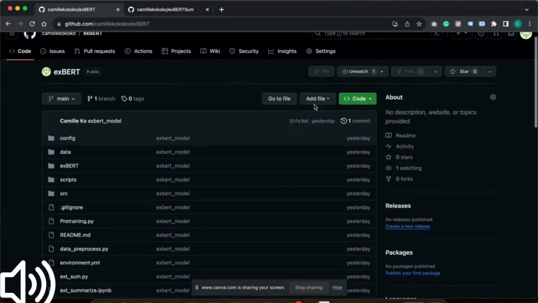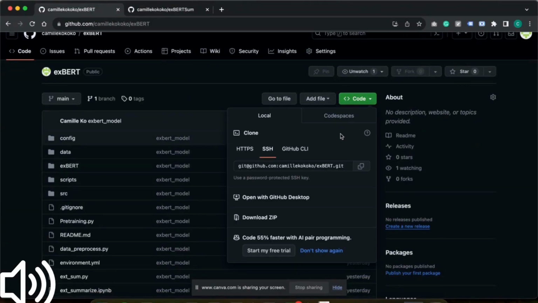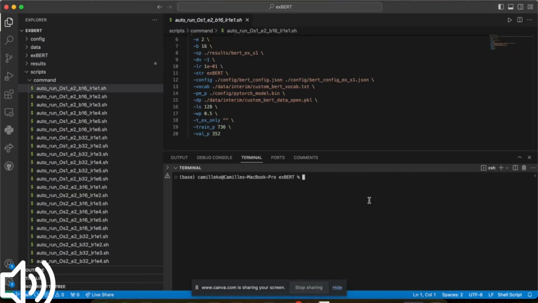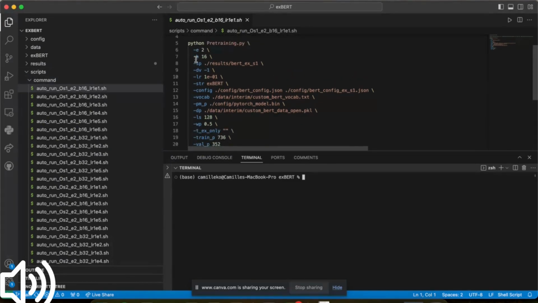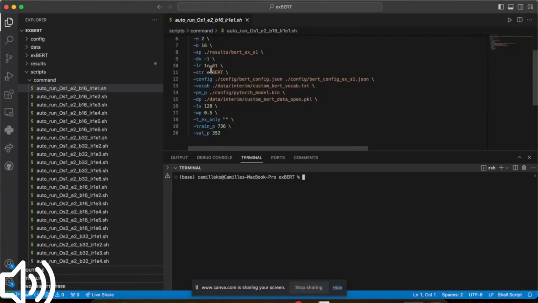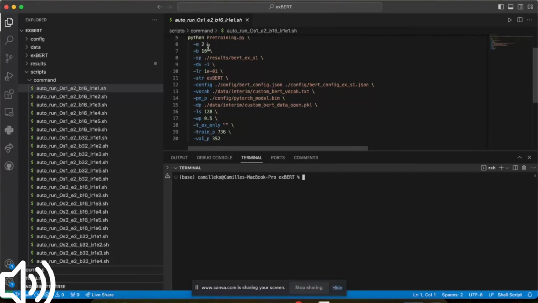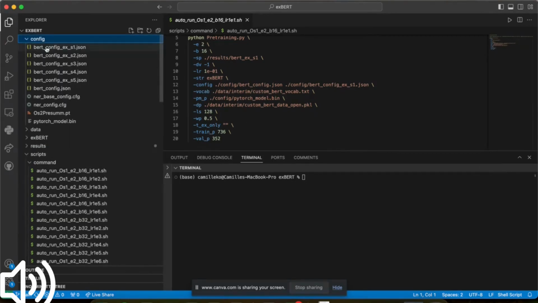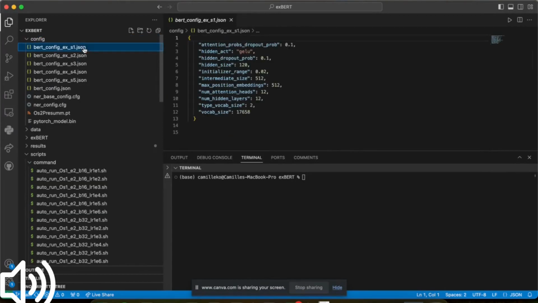First, go to Expert repository. Git clone the repository. You will see all the files here. All the experiments are stored in the command script. In the script, we can see the arguments for hyperparameters, save paths, configuration, vocabulary lists, and so on. All the extension module configurations are here,